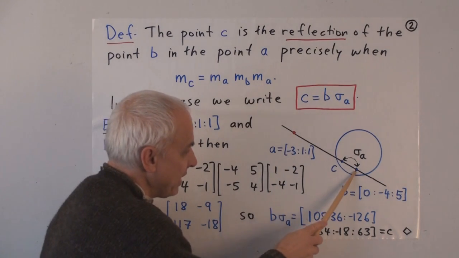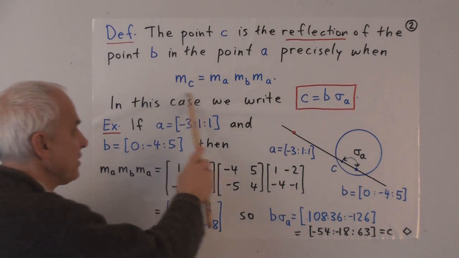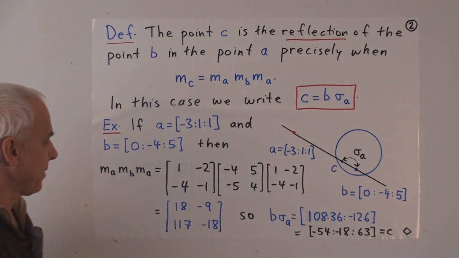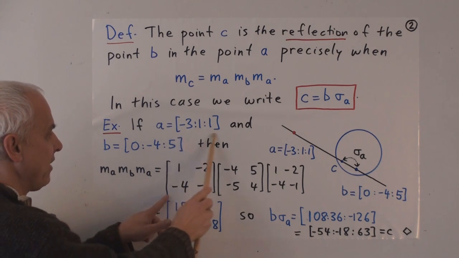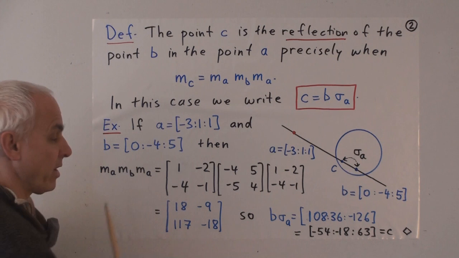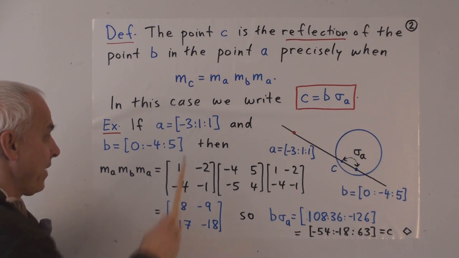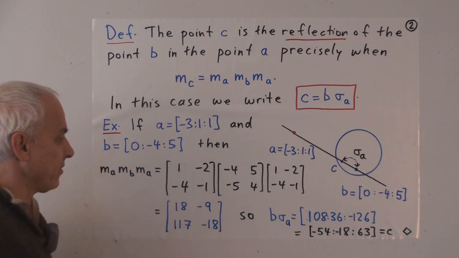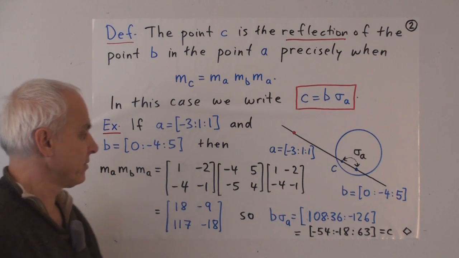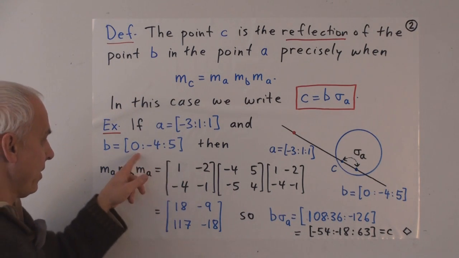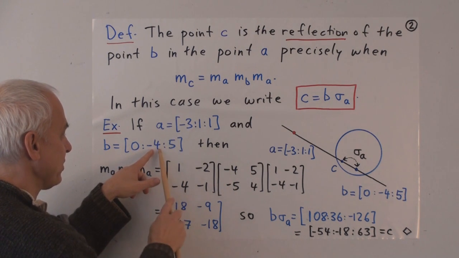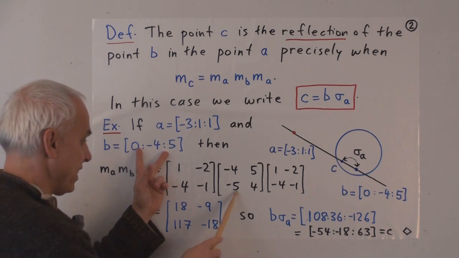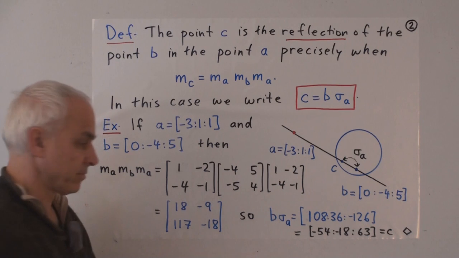So let's try to reflect B in A using this formula. Well, we write down M sub A and M sub B and then M sub A. Here's M sub A, obtained from here by the y coordinate going down the diagonal and it's negative. Then x minus z right there, and x plus z right there. There's MA there and also there. And M sub B, well, minus 4, there's the y coordinate, and it's negative there. The difference, 0 minus 5, is down here, and the sum, 0 plus 5, is up here.